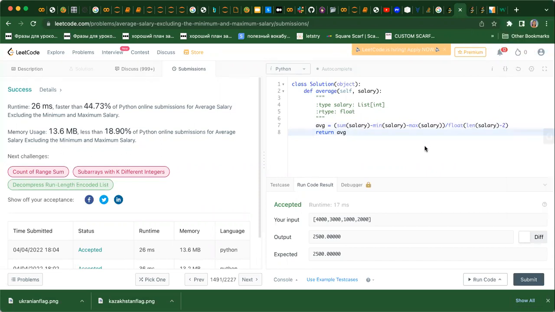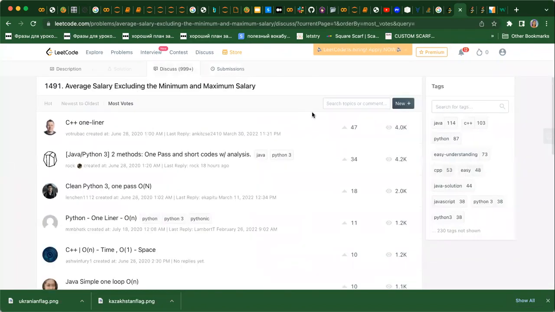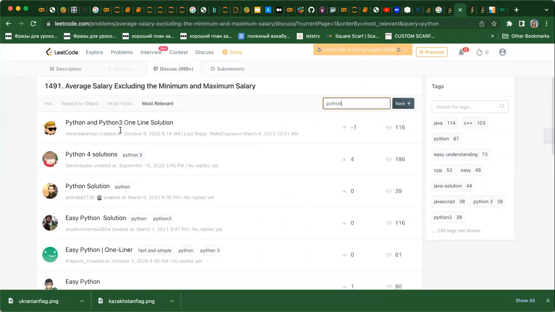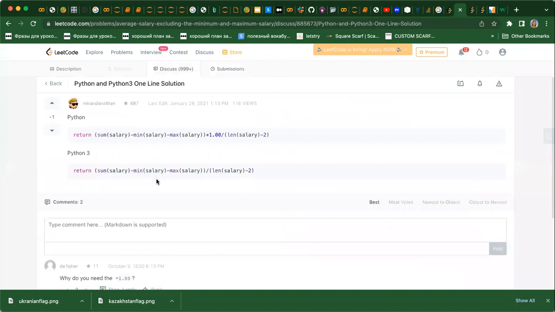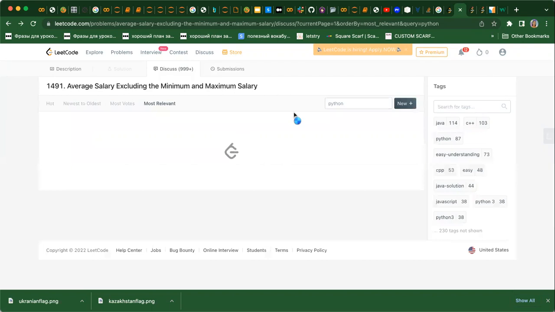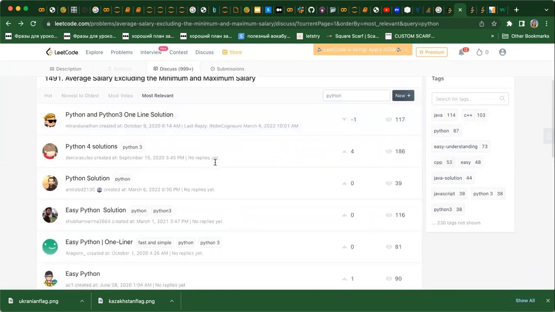And I think it's already 5 minutes past 6, so I'll just leave you here. If you're interested, try to optimize this solution, maybe for 20 to 30 minutes. And if you don't come up with other ideas, you can also Google it. You can also look at the discussion board, specify Python, and see what other solutions people introduced, and try to understand them or run them to see the rate of their